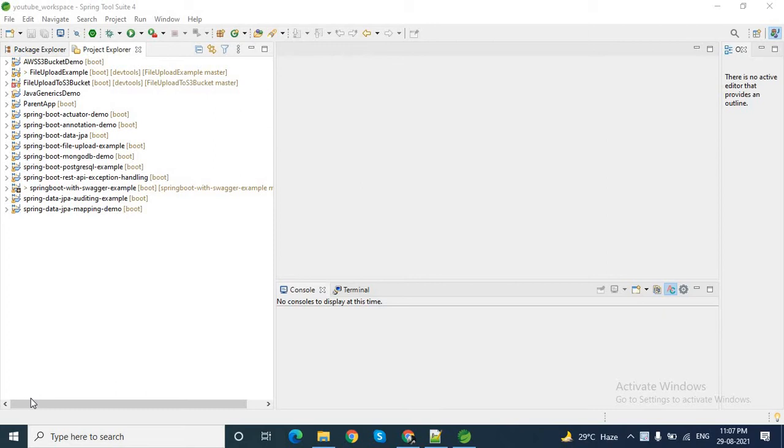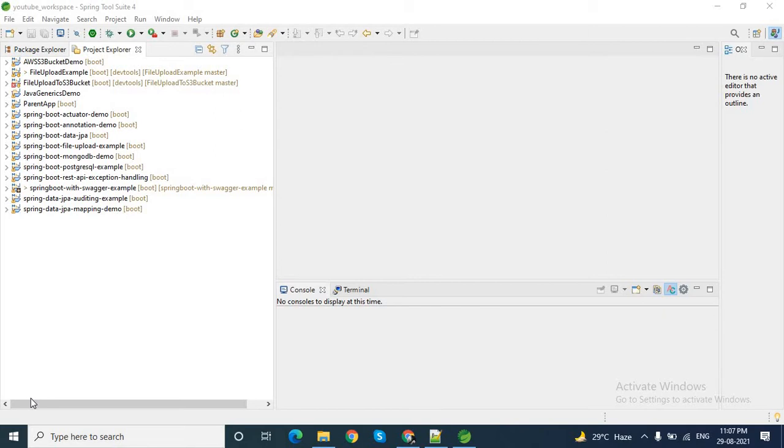So when we deploy our code in the server, without any extra effort, we can know the health status of our running application and general information about that application, as well as the CPU usage and the memory used. All those things about our application we can know with the help of actuator. So we can say it provides us an out-of-the-box solution to monitor our application. Okay, so this is the actuator.